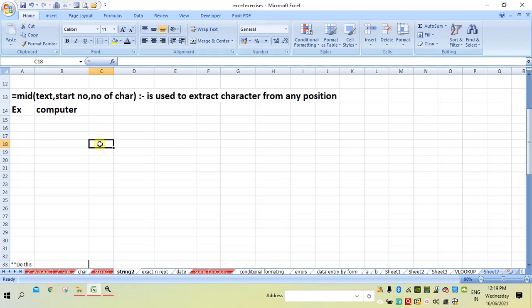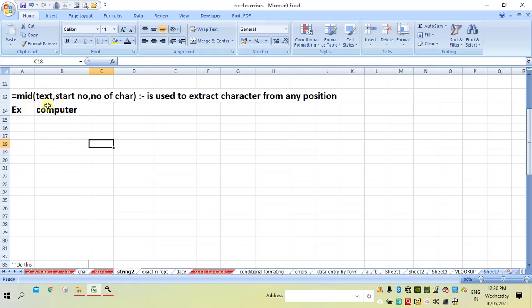MID is a function which is used to extract any part of a text. As you know, the left function is used to take left characters, the right function is used to take the right side of a text, but mid is used to extract any part of a text. So here its syntax will be equals mid.